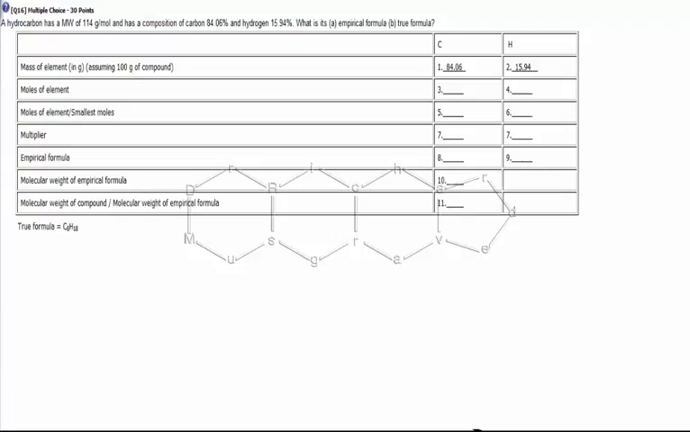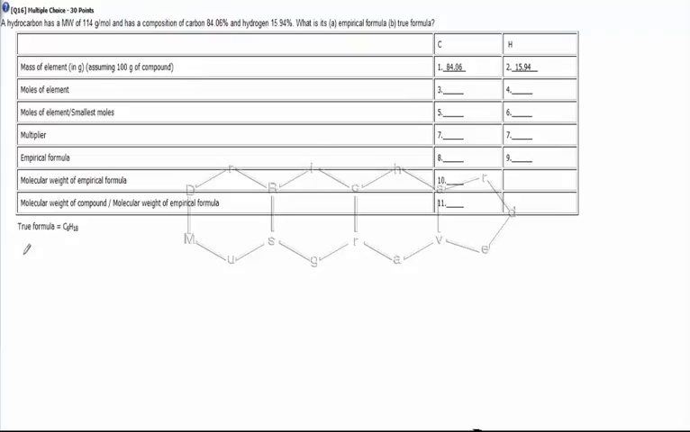Okay, empirical formula problem. We're also given a molecular weight. That's going to allow us to get the true formula as well. So what we'll do first is we've got these percentages for carbon, 84.06%, and for hydrogen, 15.94%. We're going to assume we have 100 grams of compound, which means that those are also the masses present in